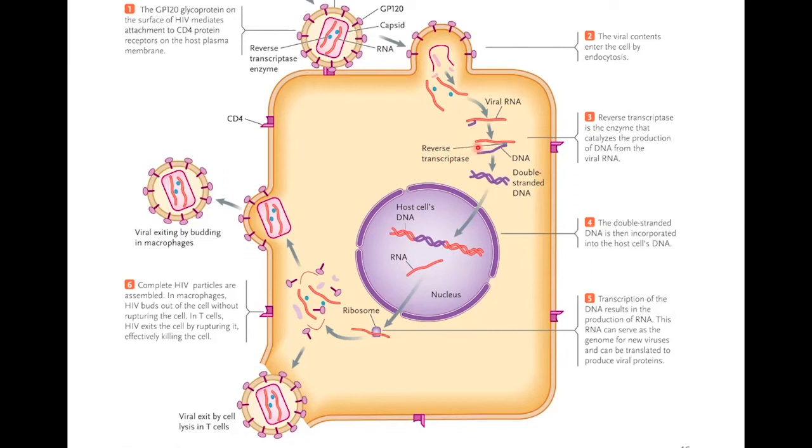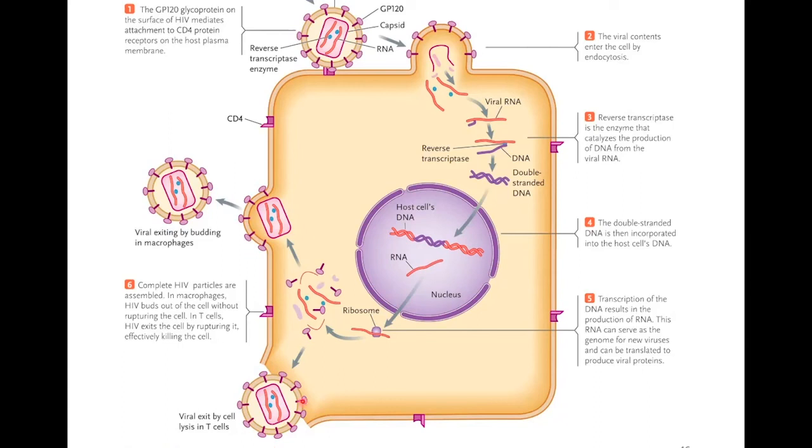So it's the reverse transcriptase enzyme that creates the double-stranded DNA molecule. That double-stranded DNA is ultimately going to be incorporated into our own T cells' DNA. So then ultimately, all of the genes within that virus's DNA are going to be coding for brand new viral particles, brand new RNA, brand new glycoproteins. And so as a result, we have these completed HIV particles that are then assembled and then are going to